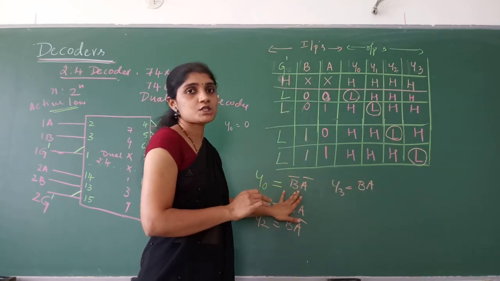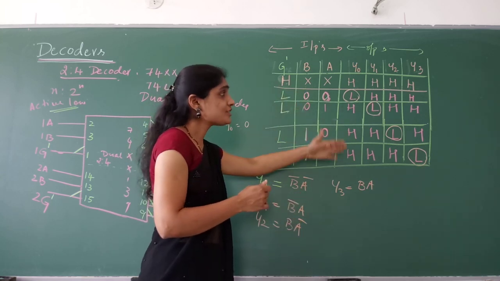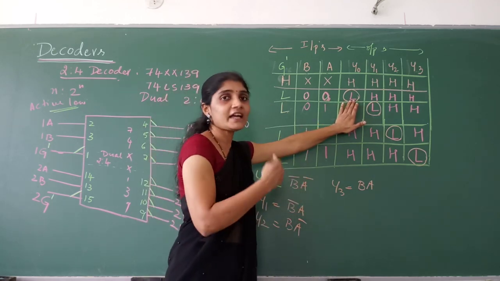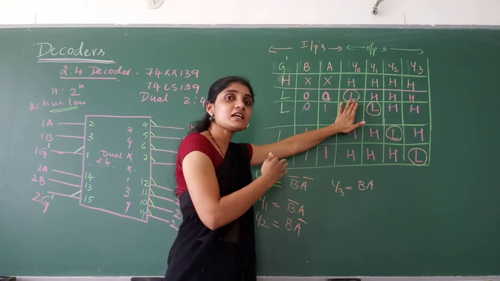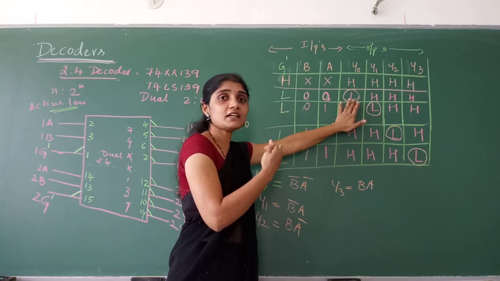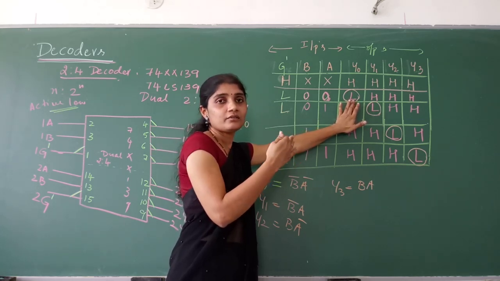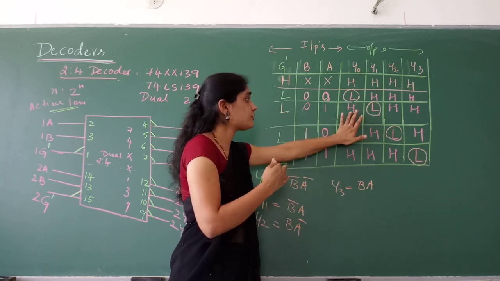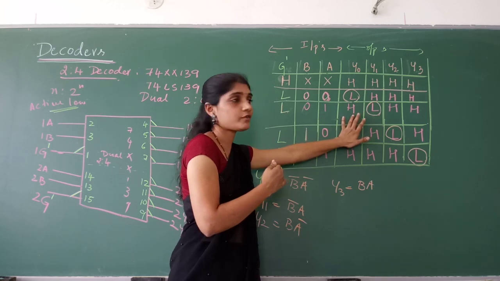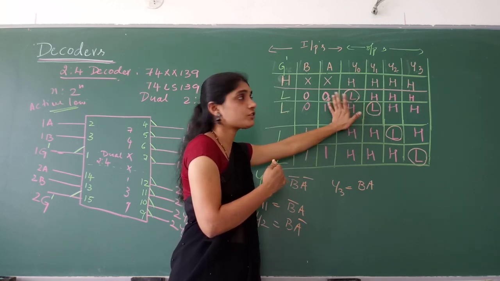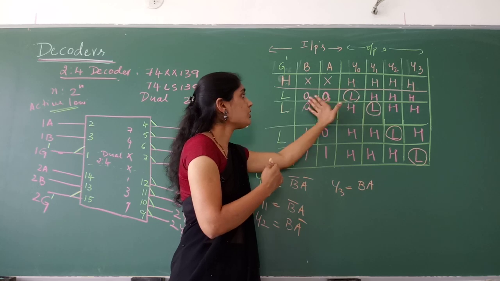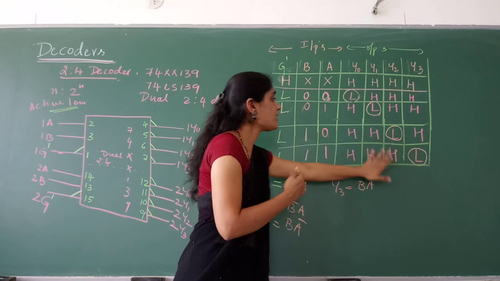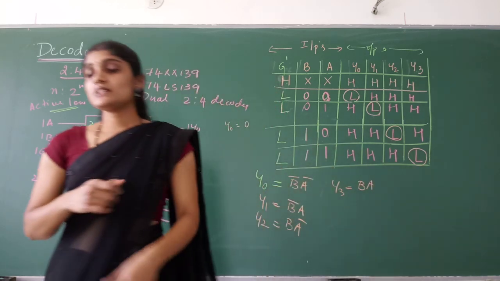Of course, we are writing the equation in SOP form, but the outputs are active low output lines. So this low signal is indicating that the output is active. It is just like the usual method of writing, where an active signal is 1. So please don't get confused when you write the equation. For Y naught, it is only for the active signal that you have to take the combination. So for Y naught, B bar A bar; for Y1, B bar A; for Y2, B A bar; for Y3, AB. Now let us write the circuit diagram.